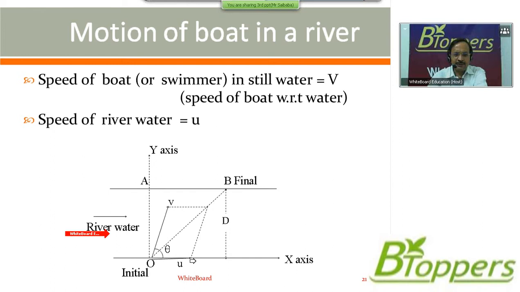So here I have constructed a parallelogram by representing U bar and V bar graphically by the adjacent sides of parallelogram. So the tail of U bar is attached to tail of V bar. Again here U bar means velocity of river water. V bar is the velocity of the boat relative to water.